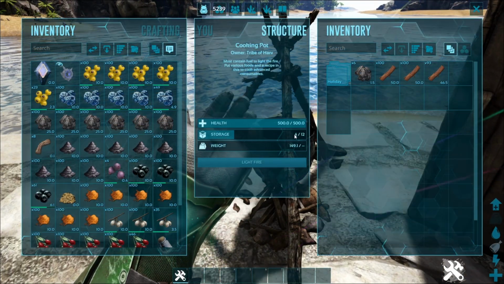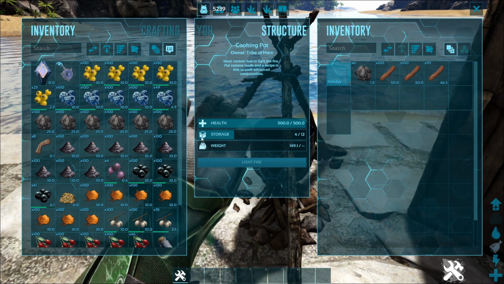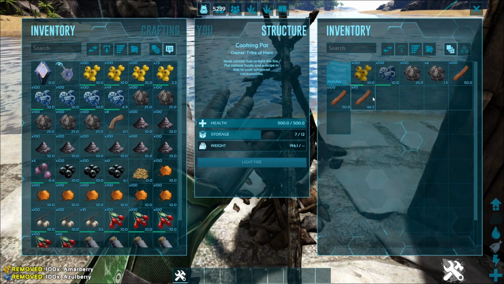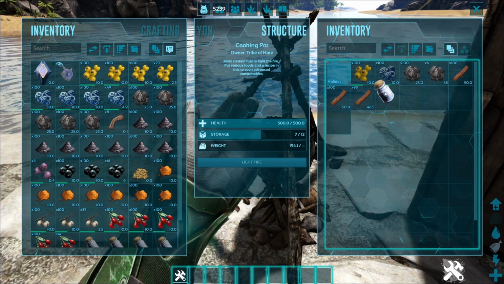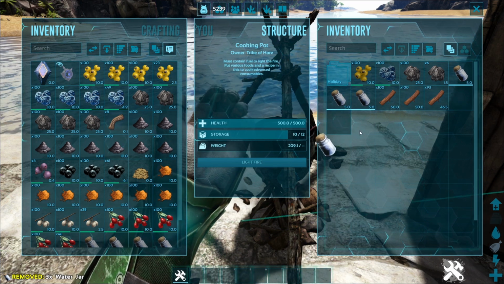So we'll go up in here. What we do in this instance, we already have a little bit of charcoal in there, but let's put charcoal in here just in case. And we're going to put in a stack of blue and a stack of yellow. Now there are other colors this is probably going to make. This is probably going to make a yellow for me as well, but I'm going to put water in here with it,